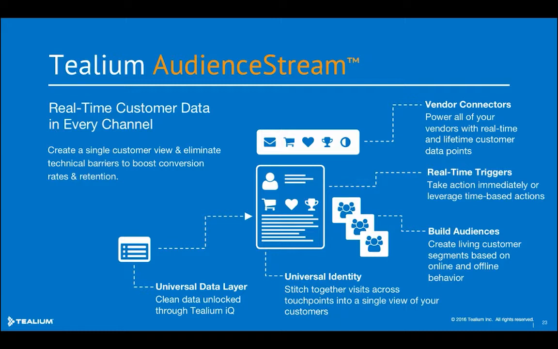Even better than this, Audience Stream allows you to stitch together who someone is across multiple channels and diverse devices, which enables you to get not only a better understanding of who they are and what they care about, but to give you a larger, richer data set to take action on. Audience Stream then enables you to create audiences from this enriched data set and in real time trigger actions immediately based on time or rules that you can set up yourself in an intuitive way.